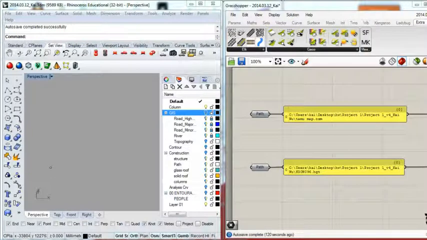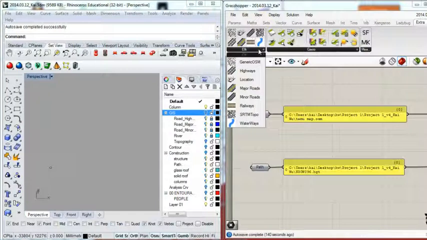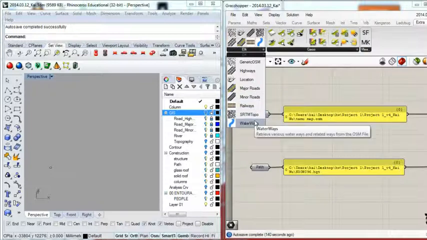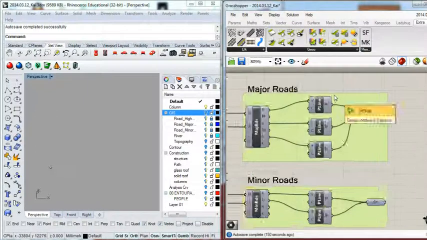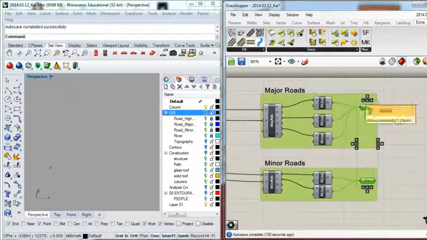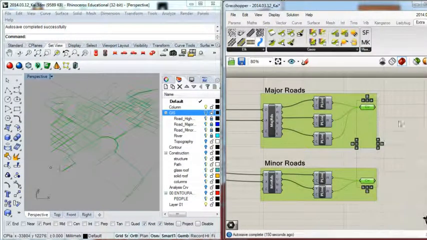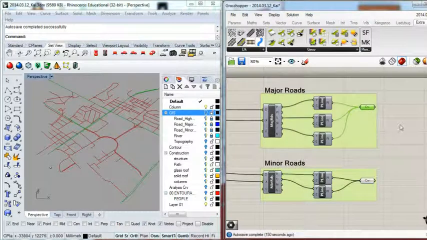Okay, the first step is to generate the road map. By study, I found an efficient way to model the site with a Grasshopper plugin called Elk. Elk is a program for Grasshopper built in Rhino that will allow people to use open source data from OpenStreetMap and NASA's SRTM data to get street map and topography. So I choose our campus as our site. I get the major road here and the minor road here.